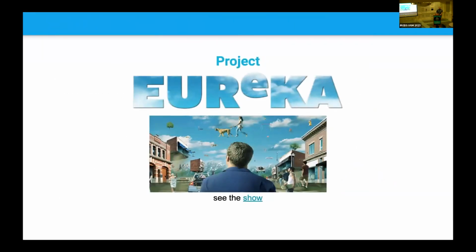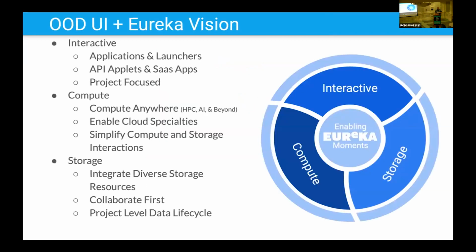Okay, Project Eureka. Project Eureka is the next evolution of Cloudy Cluster. It's a ground-up rewrite, greenfield development project where we're actually looking at interactive computation. Open On Demand kind of introduced this concept, and others have done it before, but it's really got a lot of adoption where you can launch applications from a GUI, interact with your data that's on your HPC system, and do some very interesting things. And we also worry about compute, and we also are worried about storage. We really want to provide